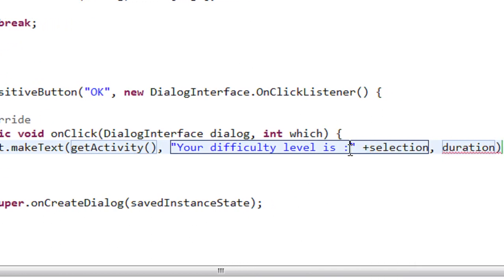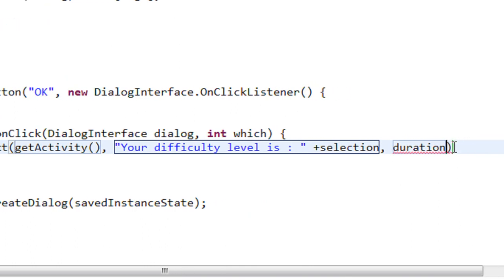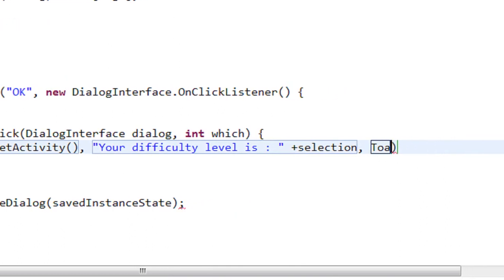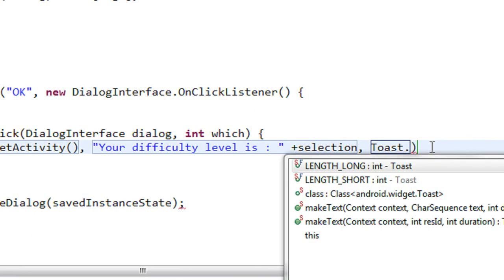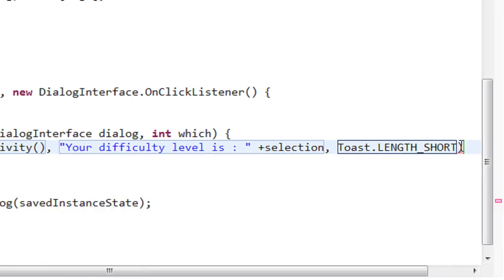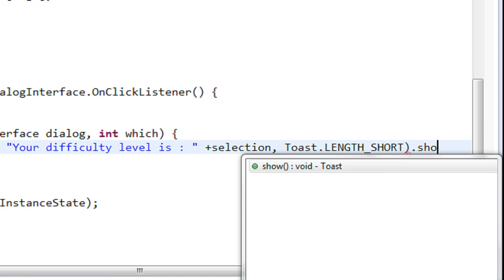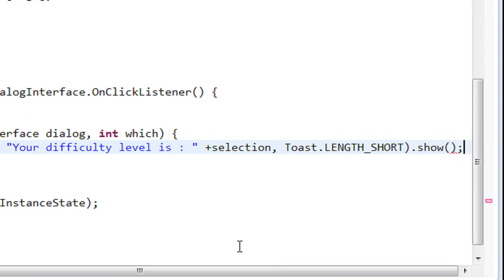So put that value selection and specify the duration for this toast. I make it short, and finally make it visible using the show method. Okay,